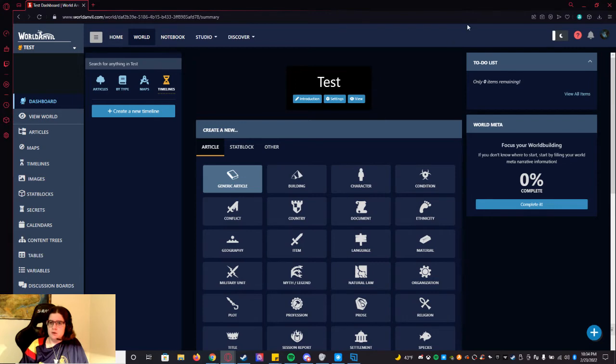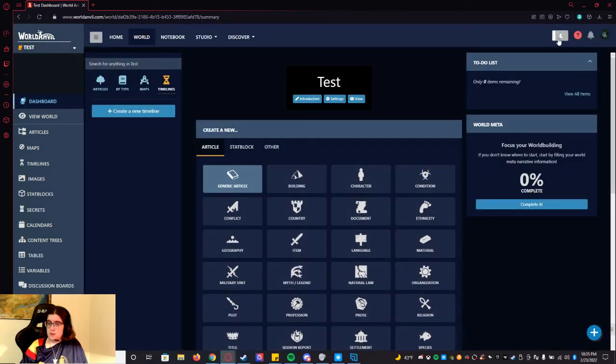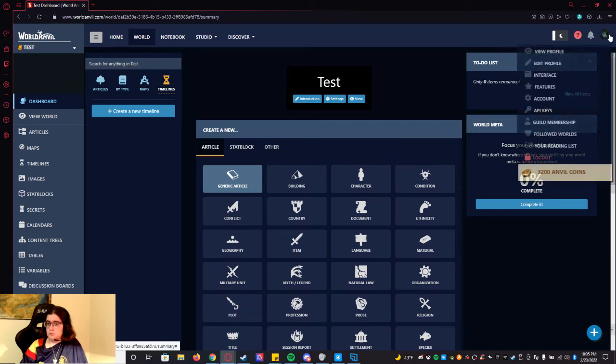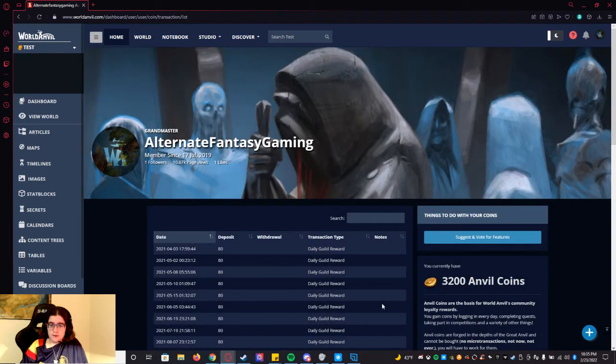So, yeah. I have it on dark mode. This is light mode, in case anybody's wondering. I would never use light mode in my life. That hurts my eyes. This is notifications, if you need any help. Of course, this is how you would manage your account. To view your profile, edit your profile, your interface, features, account, API gate, your memberships, anything you're following, your lists, the coins that I have that can be used. If I click on my coins,